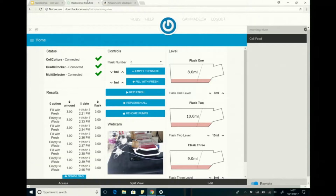one of our prototypes back in the office. So as you can see, there's some flasks here. If I hit replenish, it will basically take out the old media and put new media in. For the sake of being quick, I'm just going to add 1 ml of media to this flask. So if I click fill with fresh,